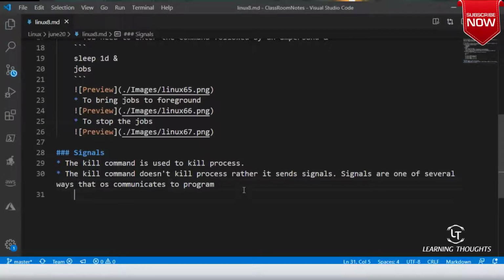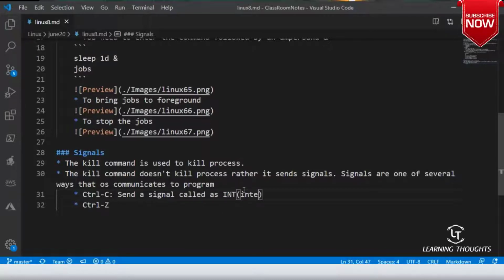The first signal. We have executed control C, and you have also seen me executing control Z. Control C sends a signal called INT, or interrupt.